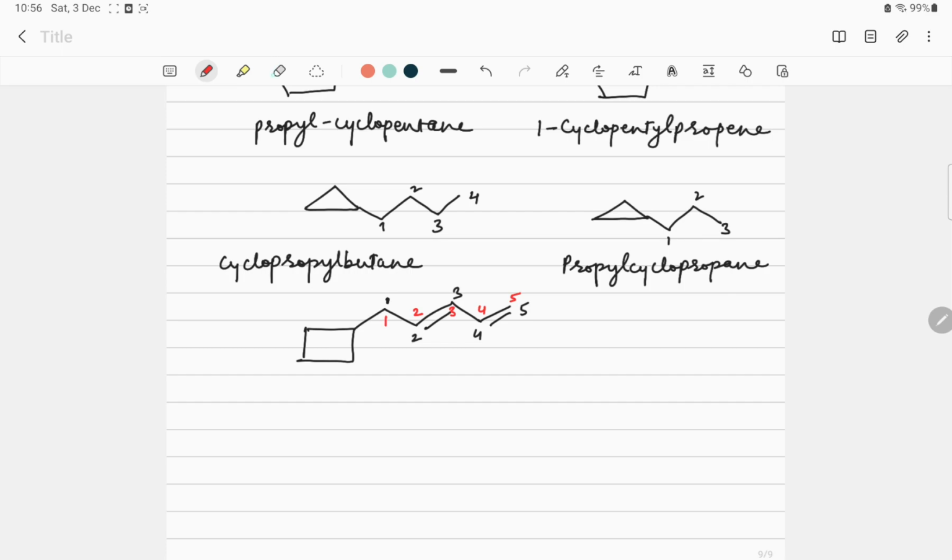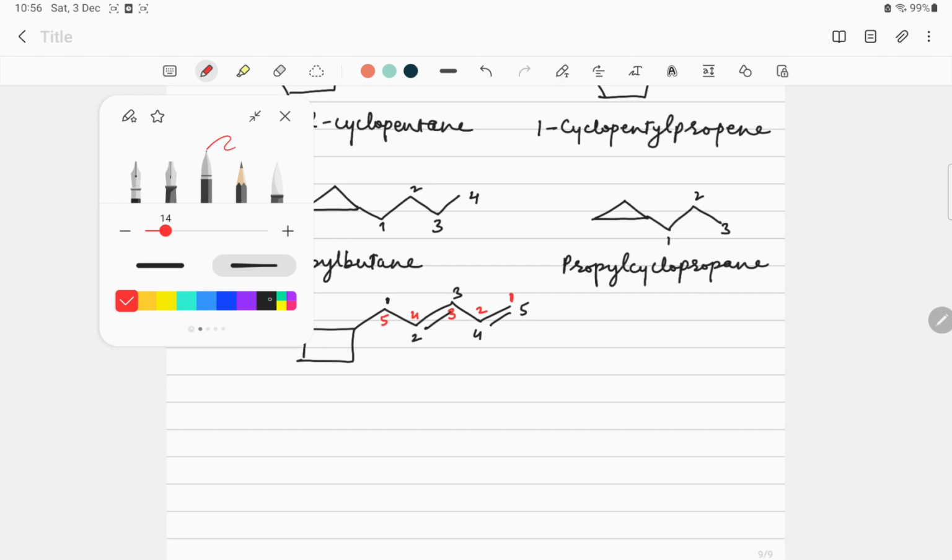Okay, this is the same, sorry. Should be 1, 2, 3, 4, 5. Which is correct? It should be this one. We should start numbering it from the right side. Why? Because the double bond should be given preference. It should get the least number. So that is why we should start numbering from the right side,